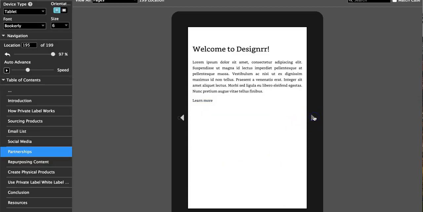All right. The next thing is, this is my call to action at the end. It doesn't know what to do with that button. So those are things to keep in mind as you go through and design your product so that it can be published on Kindle. Now let's go back to the